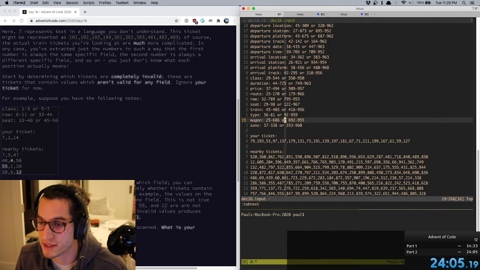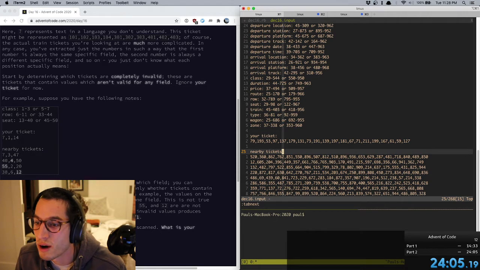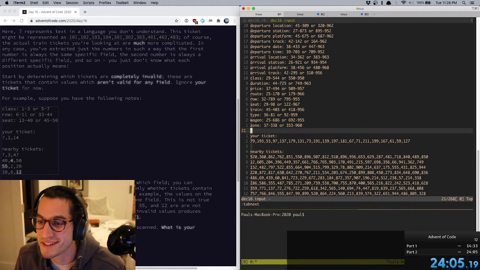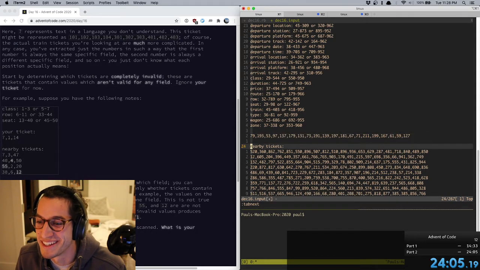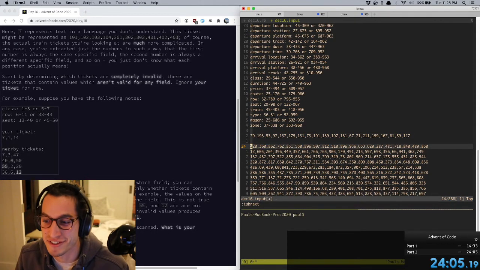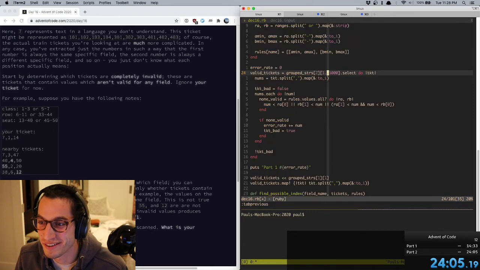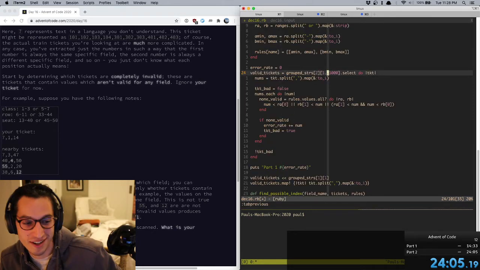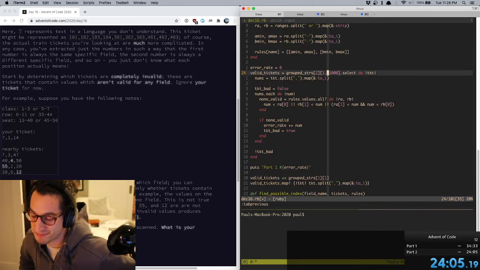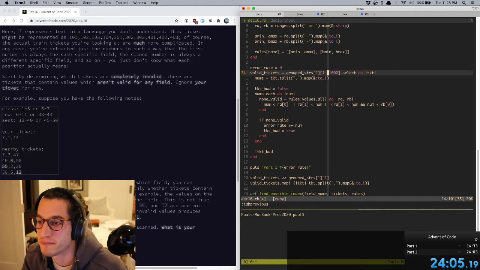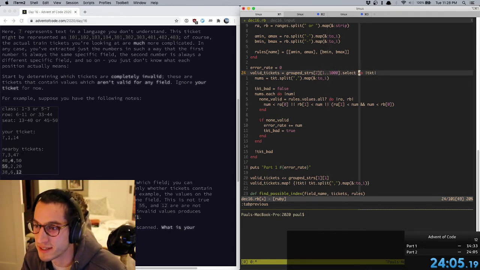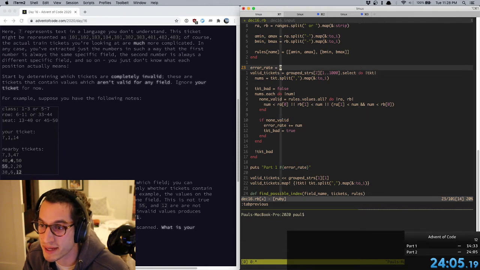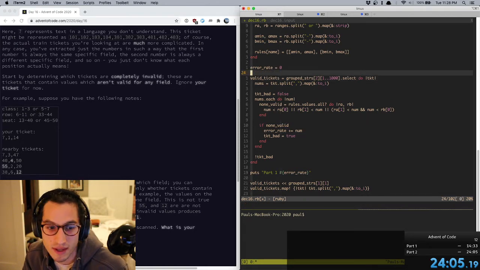And then it has a header for some reason. Oh, this is a good point. It's way easier to just delete this and actually just modify your input rather than modifying your code sometimes. But whatever. So I added this select here for part 2, but basically we have an error rate, and what